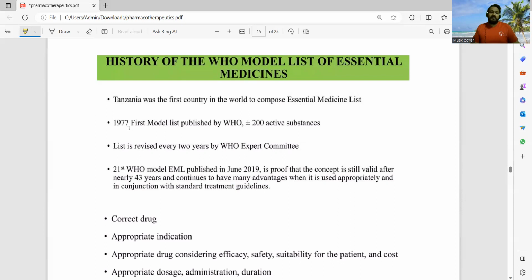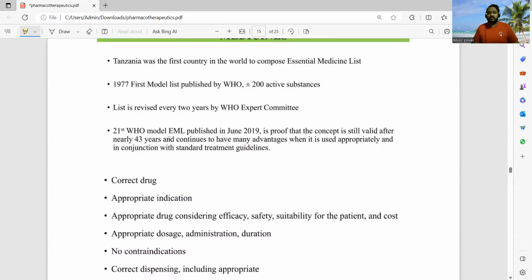In 1977, the first model list was published by the WHO. At that time, the list had 200 active substances. The list is revised every 2 years by the WHO expert committee, and the 21st WHO model EML was published in June 2019. It is very recent and it is proof that the concept is still valid after nearly